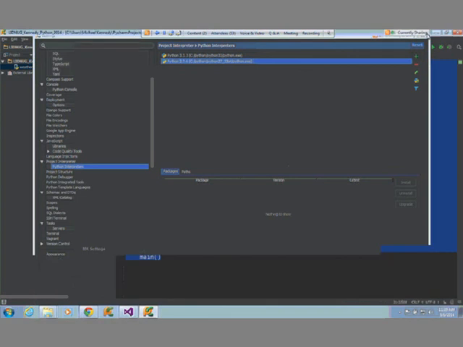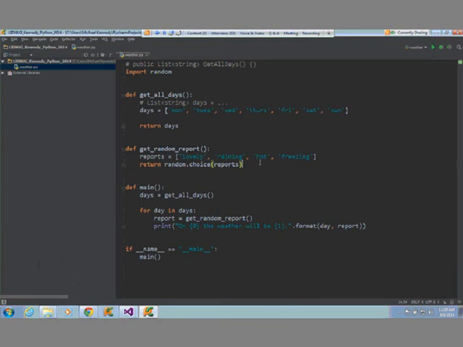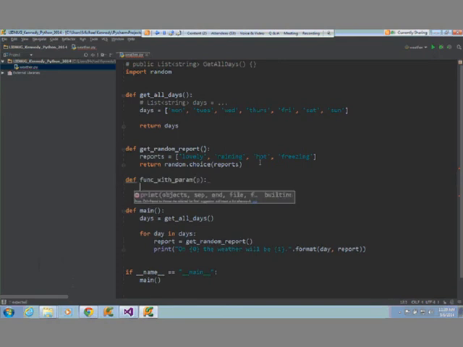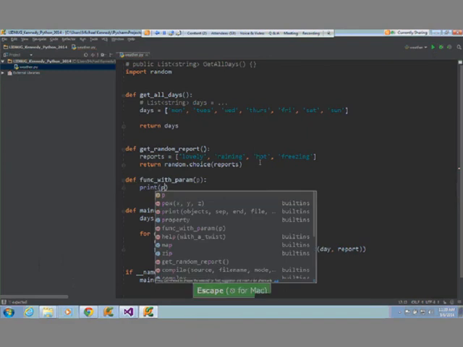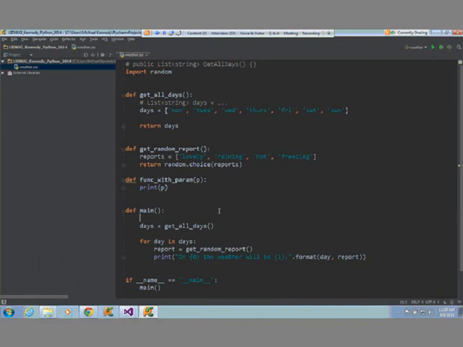Sometimes, if I have a function, def func with param, we'll call this p, and we'll just print out p, so we don't really know what we're doing with p. And down here in main, let's say func with param, welcome to the weather app, right?